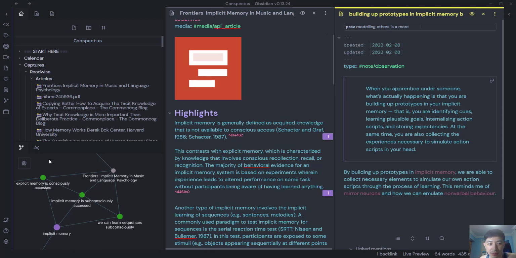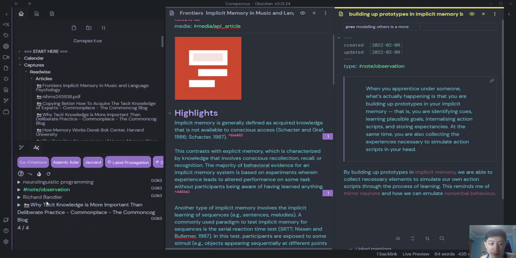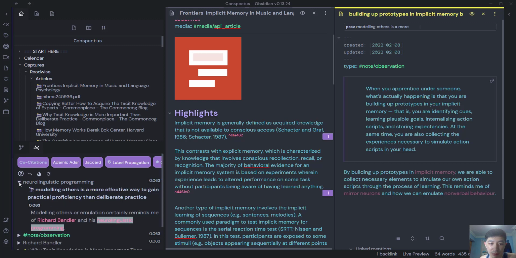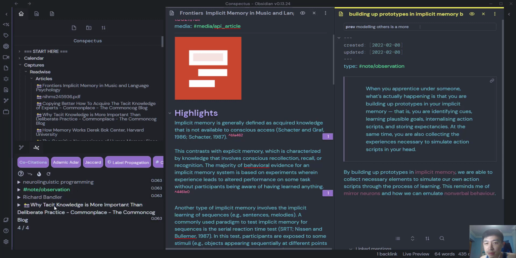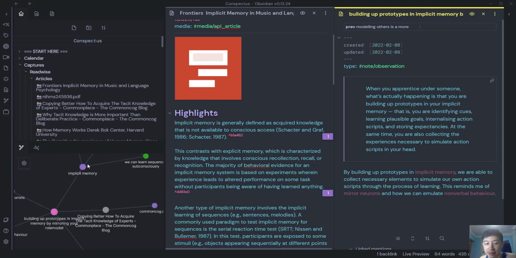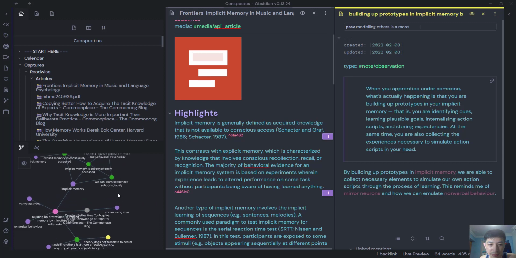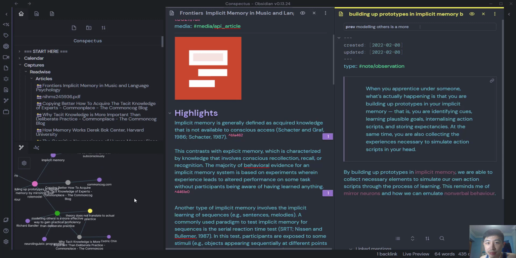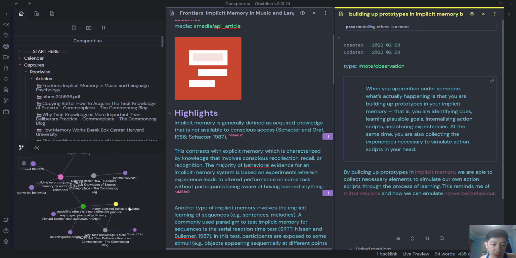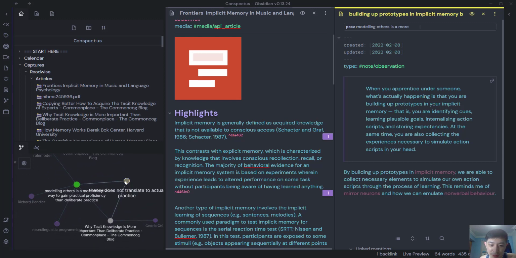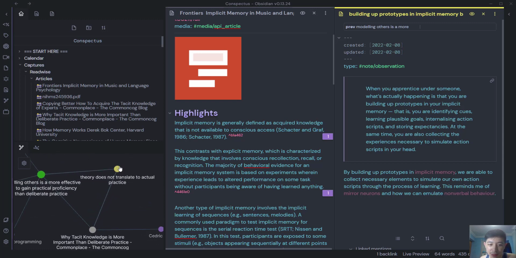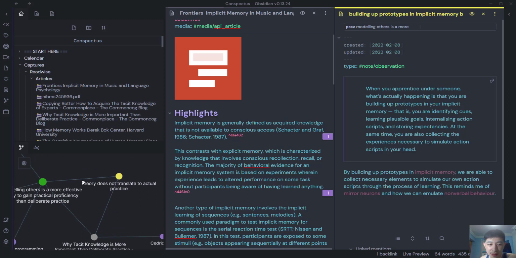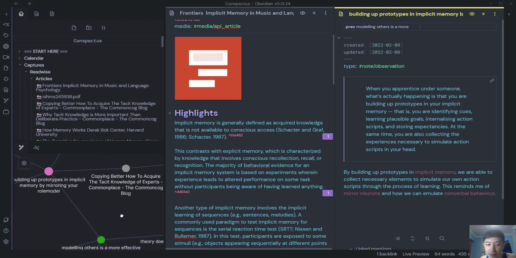fails. Even the graph analysis plugin, which brings you pretty deep, is pretty good, but I don't think anything beats being able to see it graphically. If you zoom out, look at this. There's a whole ecosystem that's being built here. If you just dive in, you can see I made this thing about theory does not translate to actual practice. So that's something that is pretty cool,